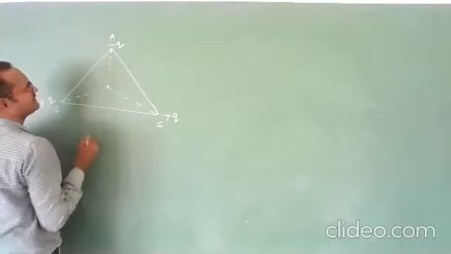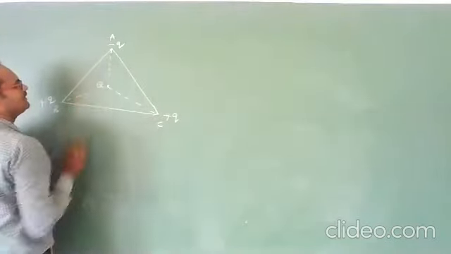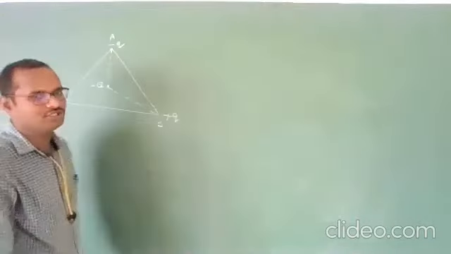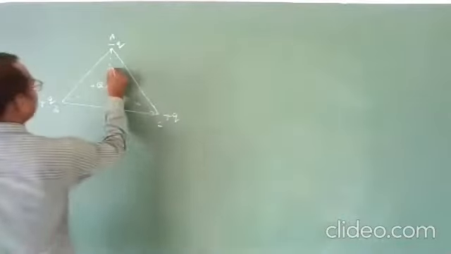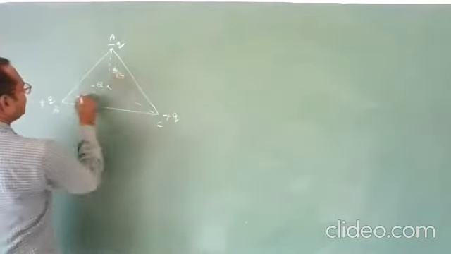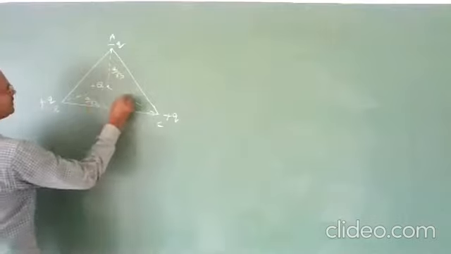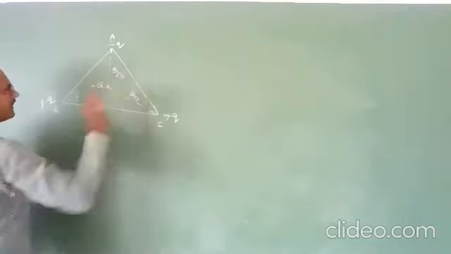Okay, this is its centroid. On here, let us keep one positive charge, capital Q. Now, you know this distance is a by root 3. This distance you know is a by root 3. This distance is also a by root 3. This distance is also a by root 3. You know these values already.